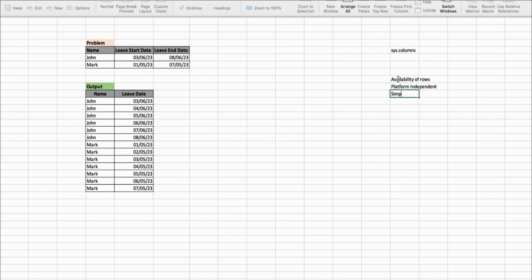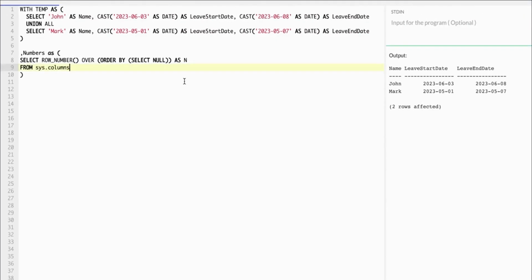Next is it's simple. It's very simple, right? You are just writing a select statement and selecting the data from sys.columns, and as it's a system table, it is already optimized, so optimization is already there. So these are the four advantages or benefits of using sys.columns. And what we have done over here is we have created a CTE called numbers,